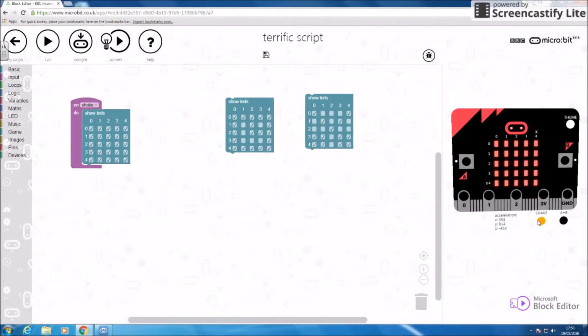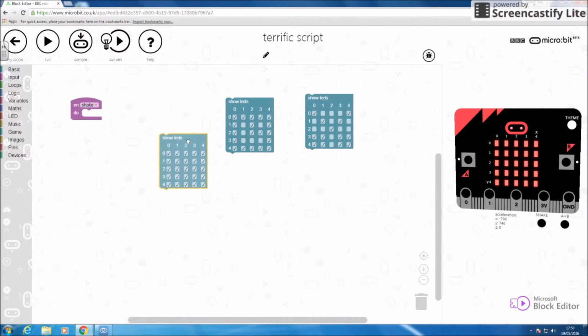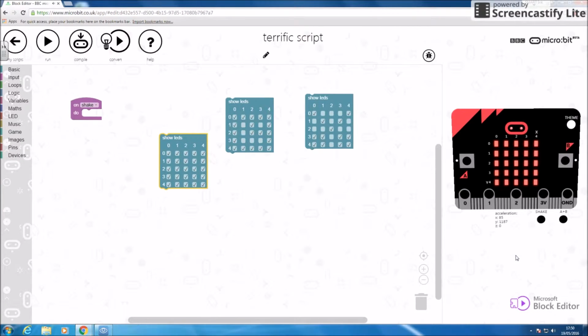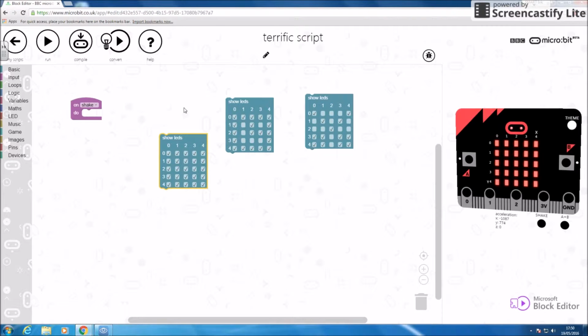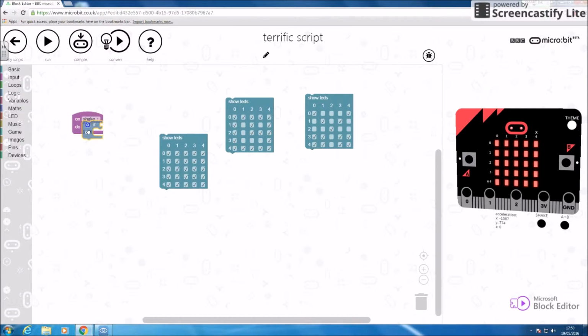If I shake it, then nothing else happens. I keep moving my mouse to shake it, and this is a common problem. You actually need to click that button there to shake. So it shows that one and nothing else happens. So I need some sort of system so that it will choose for me which item to have at random. So I'm going to say on shake, and I'm going to put in my do if. So I'm going to say do if,